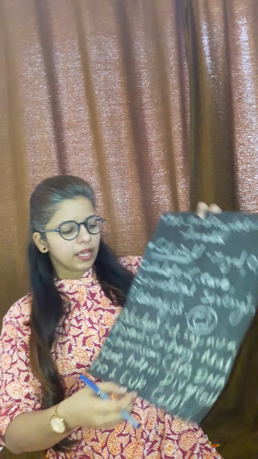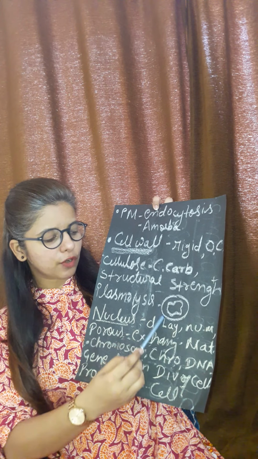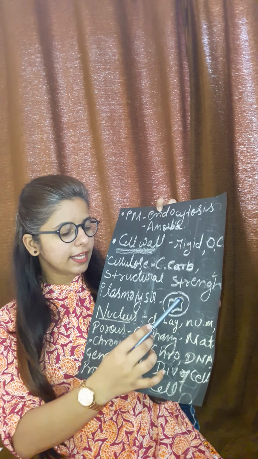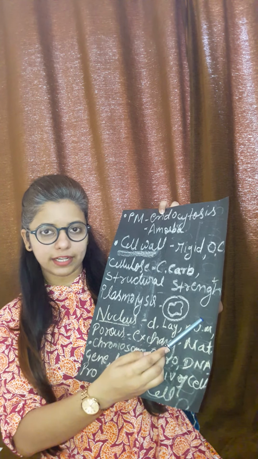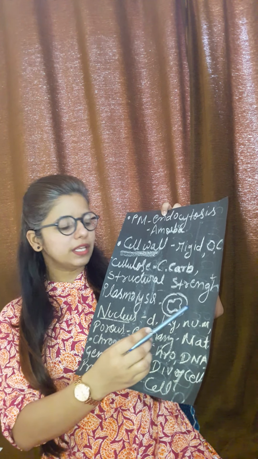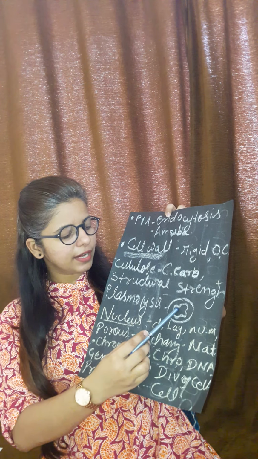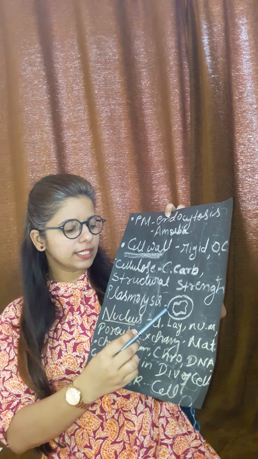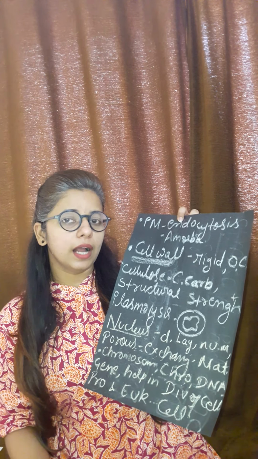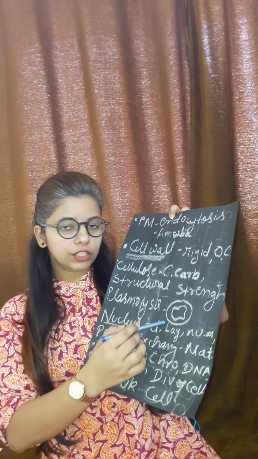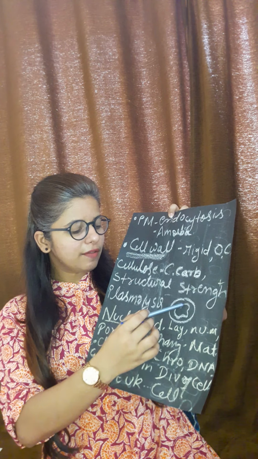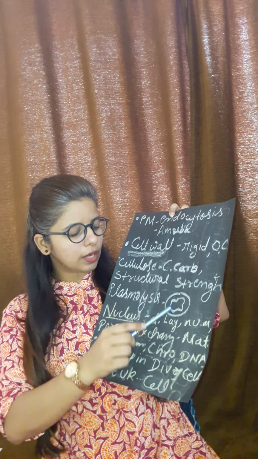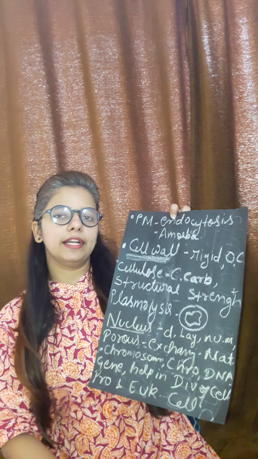So in this process the cell undergoes osmosis, then it will lose its water or its solvent, and after losing the solvent, the plasma membrane will shrink, but the cell wall will not shrink, because cell wall is a rigid hard covering. So cell wall will not shrink, but the plasma membrane is a living flexible membrane that will shrink because the water or the solvent has been lost and came out of the cell.